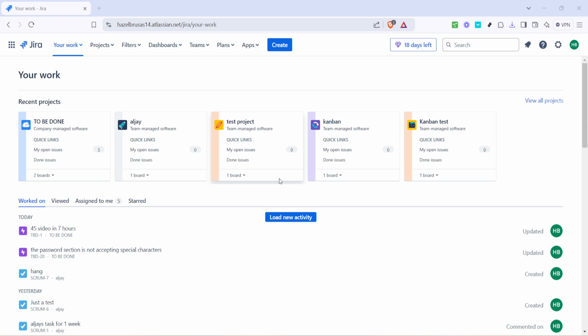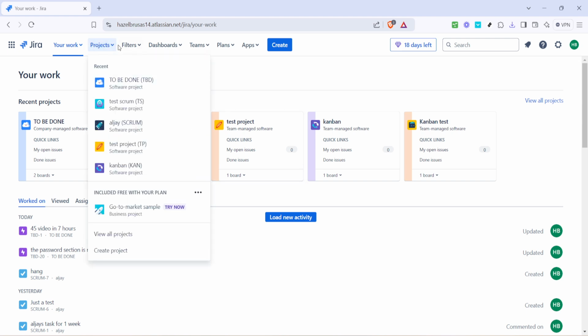projects you're involved in. Now that you're in Your Work, the next step is to click on Projects. This will take you to the section of the Jira platform where all the projects you have access to are listed. It's a comprehensive overview that helps you keep track of everything that's happening within your organization. If you're managing multiple projects, this section will be especially useful to ensure you're staying on top of deadlines and